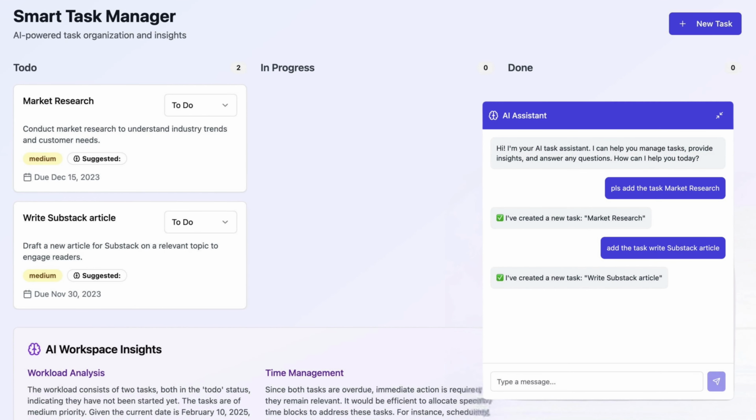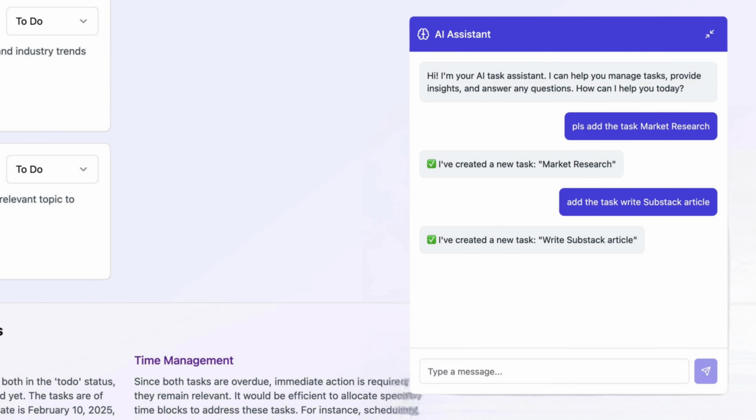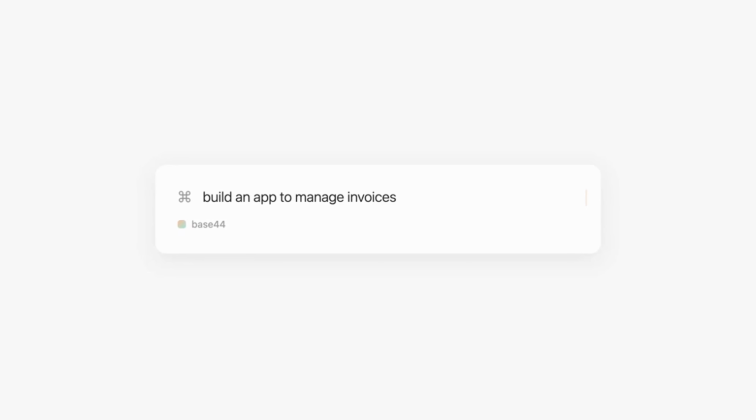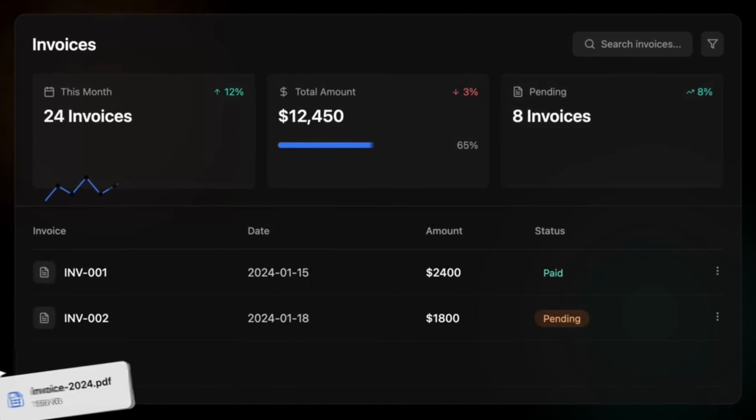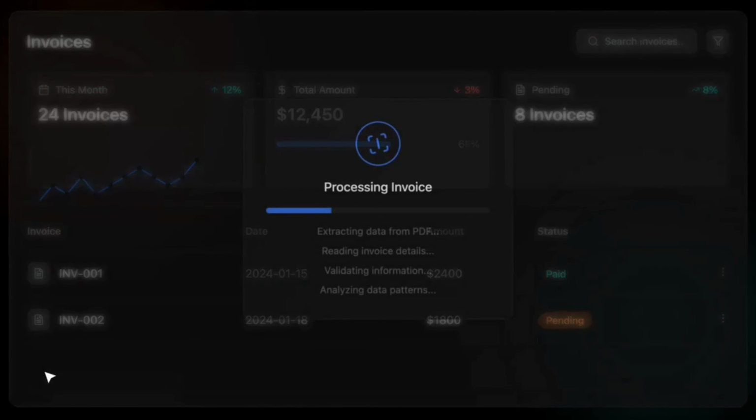This task management app took me less than 5 minutes to build. No API keys, no integrations, no configuration needed. And it even has a chat interface so you can text with all your notes and tasks. And today I'm going to show you how to build your next app using this next generation vibe coding platform,